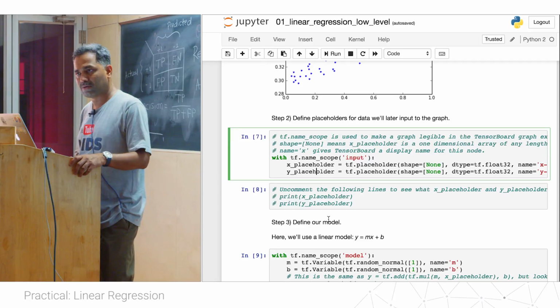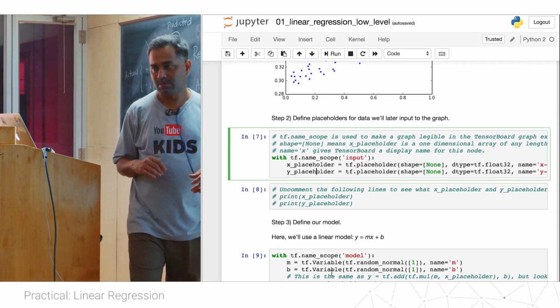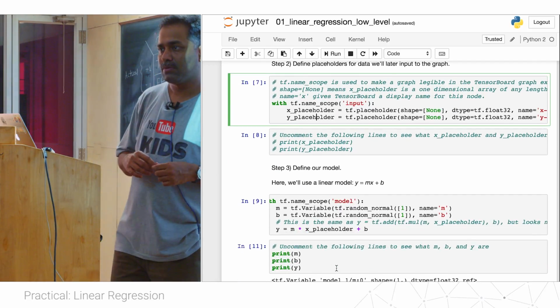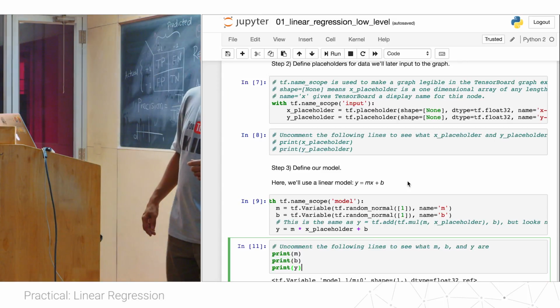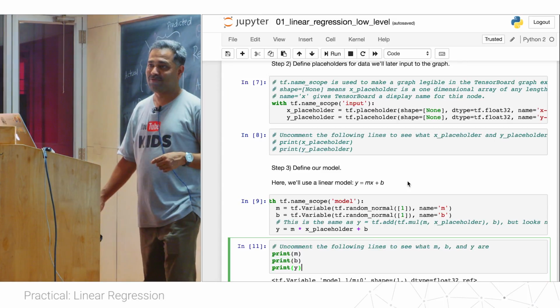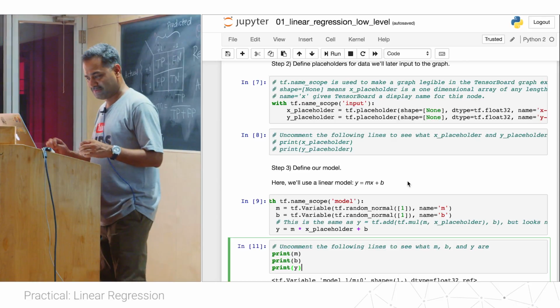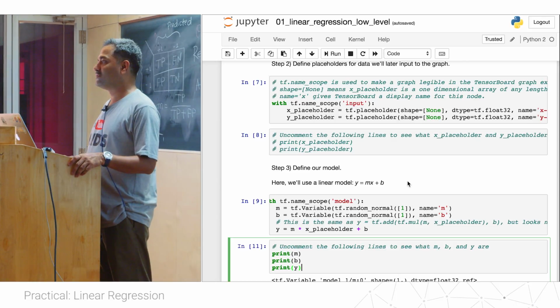So apart from the appearance of the TensorBoard, does it make any other logical difference when you execute the code without a scope? It doesn't make any difference, but you will have to be super careful in naming your variable, right? Any other questions?